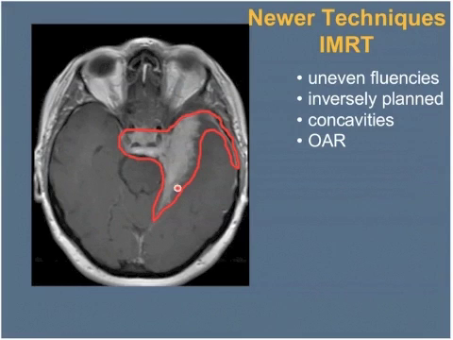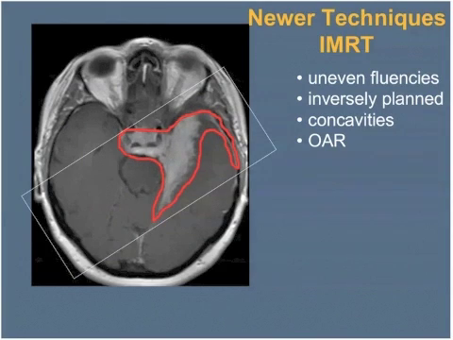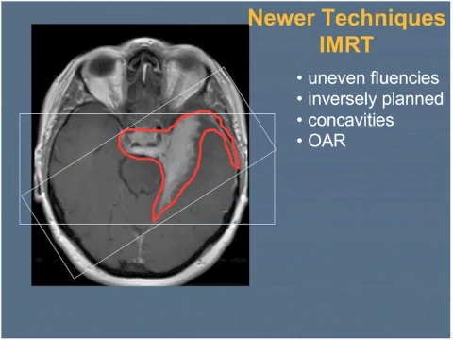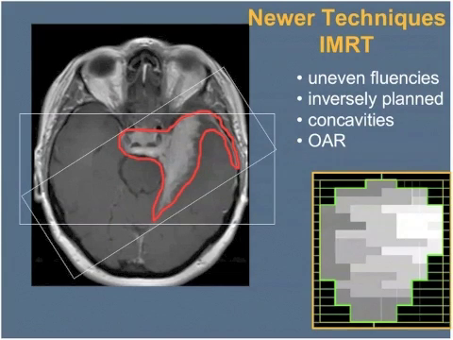The difficulty comes in when you've got complex tumor shapes that may be wrapping around a critical organ like the brainstem or the brain, because if you put a single beam in, no matter what direction you choose, you're going to have some shadowing of the normal structures through that beam trajectory. So that's where this technique of intensity modulated radiotherapy comes in, and it really takes the treatment delivery to a new level and doesn't just shape the beam aperture, but shapes the beam fluence or the beam intensity across that aperture. So this schematic shows a gray scale showing that around the edges from a given beam direction,